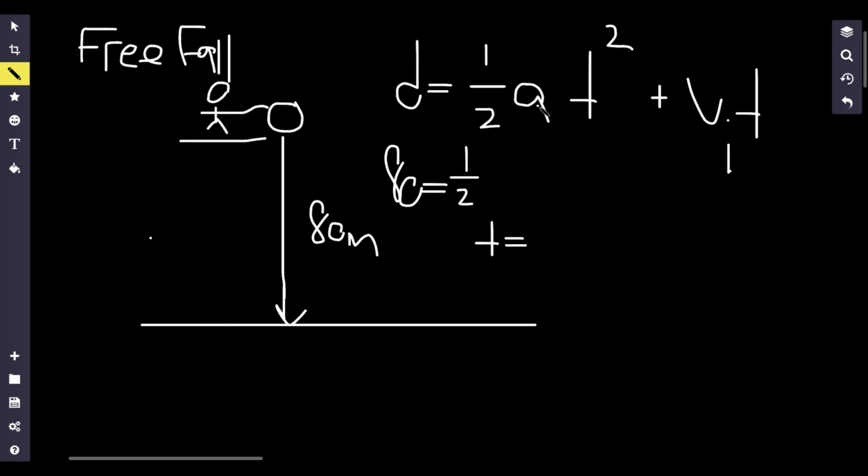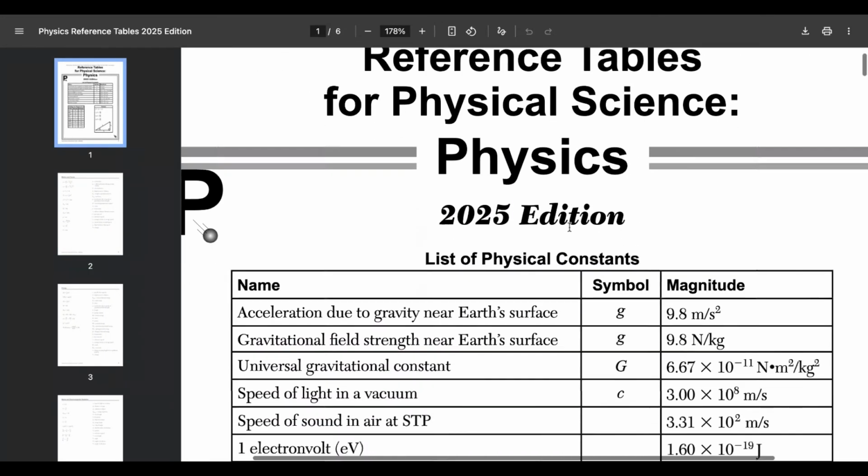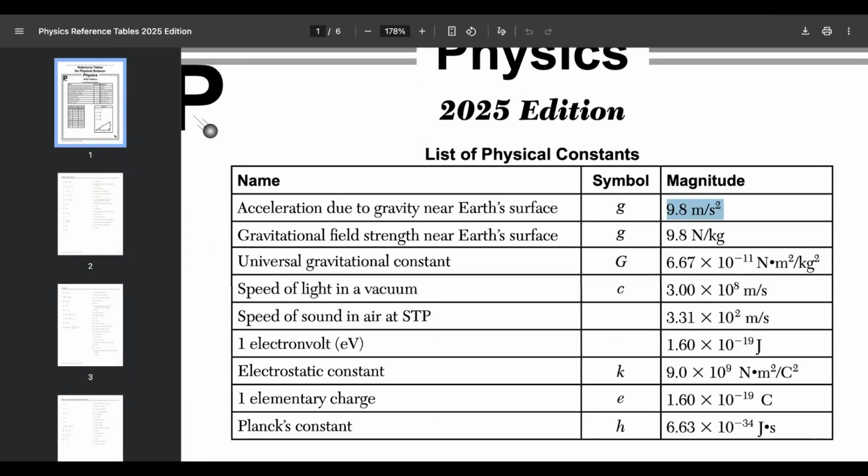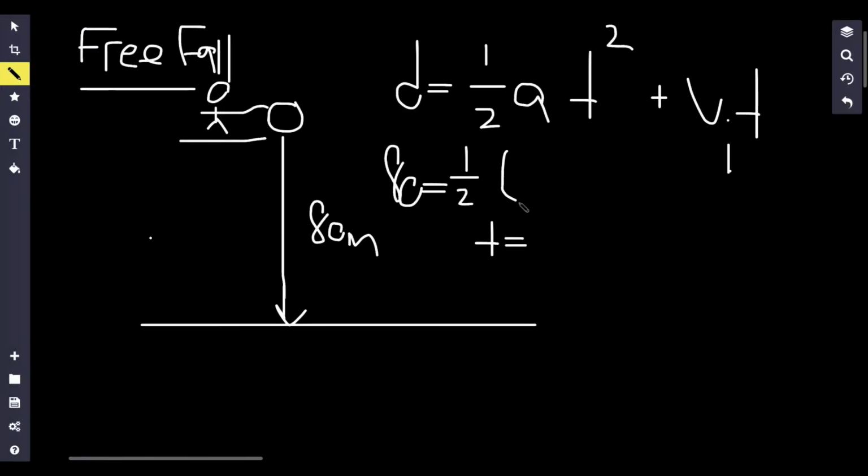I know my acceleration. Whenever you're dealing with free fall problems, the acceleration is always going to be the acceleration due to gravity, because free fall is when the only force acting on your object is gravity. So the only acceleration there is, is gravity. And we all know the acceleration due to gravity: that's 9.8 meters per second squared. I'm just going to use 9.81 meters per second squared multiplied by our time squared, plus